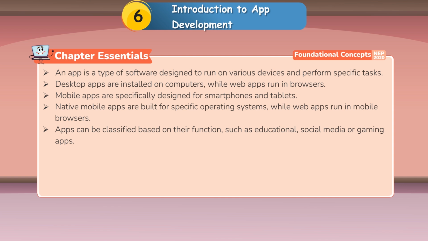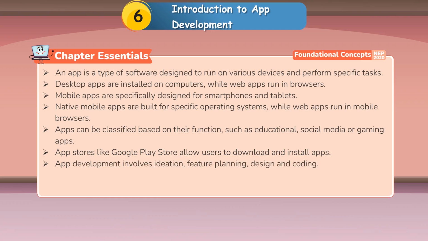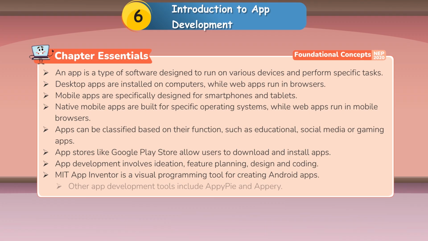Apps can be classified based on their function, such as educational, social media, or gaming apps. App stores like Google Play Store allow users to download and install apps. App development involves ideation, feature planning, design, and coding. MIT App Inventor is a visual programming tool for creating Android apps. Other app development tools include AppyPie and